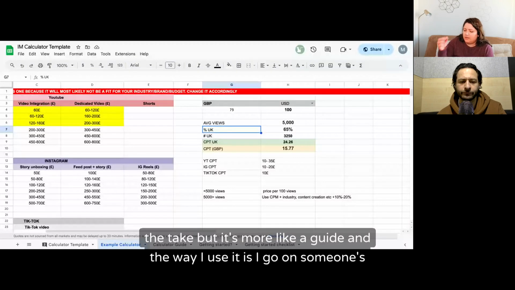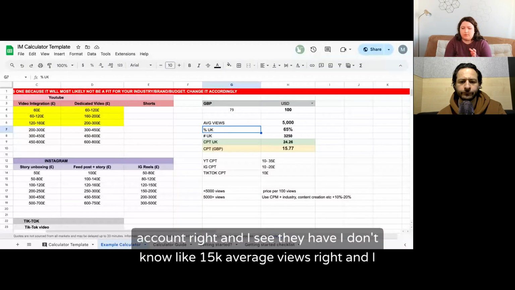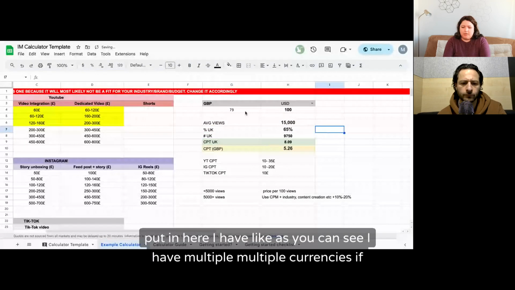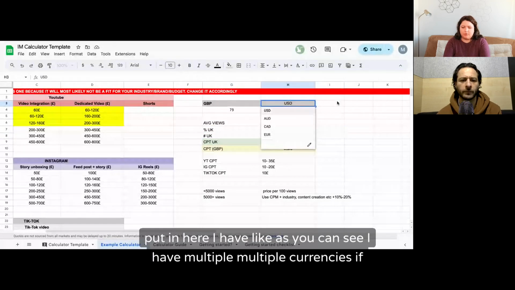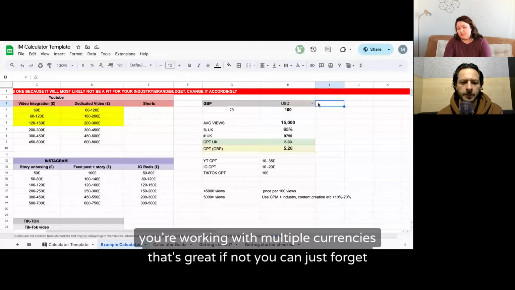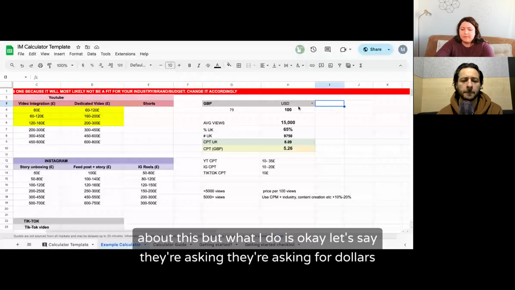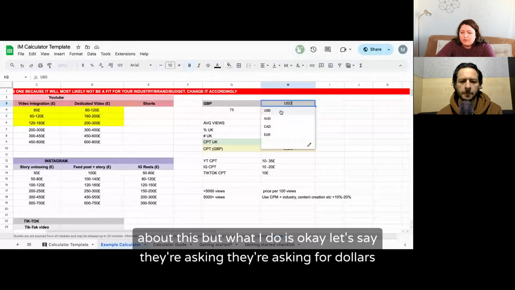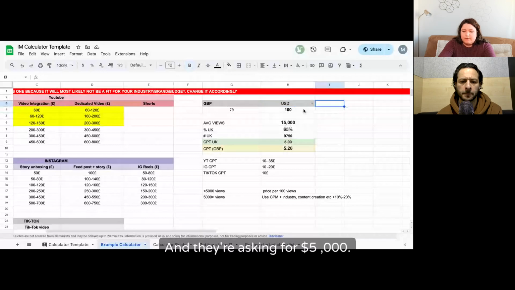And the way I use it is I go on someone's account, right? And I see they have, I don't know, 15K average views, right? And I put in here, as you can see, I have multiple currencies. If you're working with multiple currencies, that's great. If not, you can just forget about this. But what I do is, okay, let's say they're asking for dollars, right? And they're asking for $5,000. And I'm like, ooh,